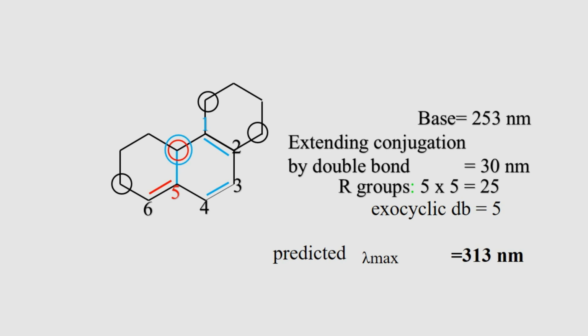After that we consider the remaining ones: for the 6th carbon atom, again the 1st carbon atom for the upper ring, and the second carbon atom for the second ring. So there are 5 ring residues, plus one more exocyclic double bond, and we can predict the lambda max value. So this is the basic thing that you need to understand. Now here are certain more examples, so listen very carefully and try to solve. Is it clear, and do you get the same value or not?